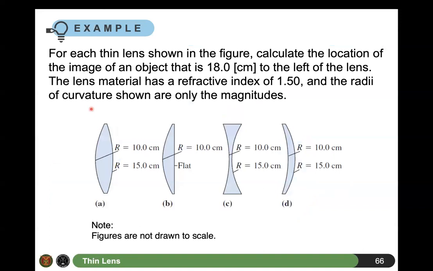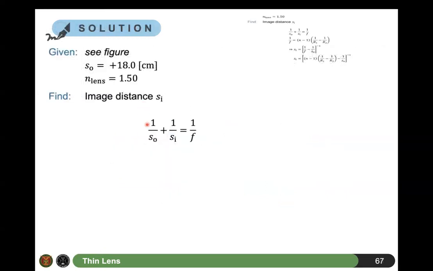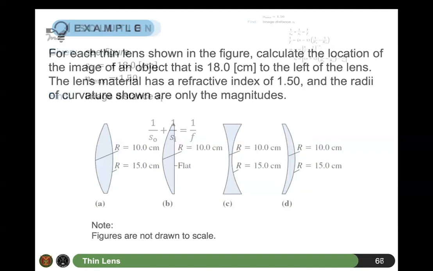For example, bigay lang ako ng 2 examples, si A saka si B. Okay? Actually, hindi kaya naman to. So, for each of these thin lens in the figure, calculate the location of the image of an object 18 centimeter to the left of the lens. Okay? So, the lenses have this index of refraction, 1.5, and the radius of curvature shown are magnitudes only. Okay? So, for this, alam natin yung N, alam natin yung SO, which is always 18 centimeters. Okay? And, hinahanap yung